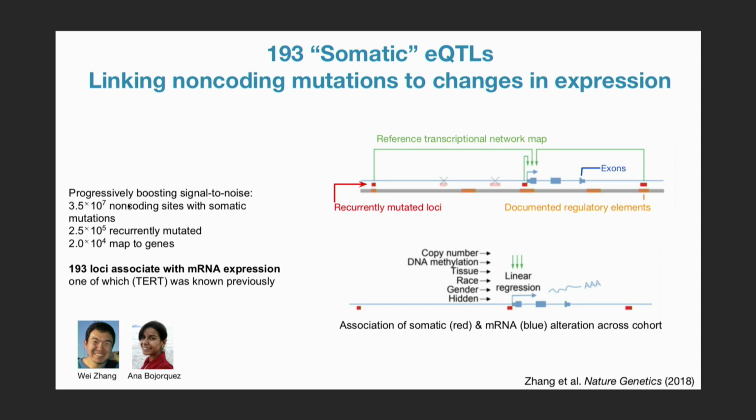That said, we still have about 2 times 10 to the 4 sites we can map to genes. For those sites, we then did linear modeling against gene expression, or tried to explain gene expression, taking into account not just the presence or absence of mutations in each of these red loci in a patient, but also a bunch of covariates that you'd like to account for. I won't talk a lot about those unless you guys are curious, in which case I'm happy to.